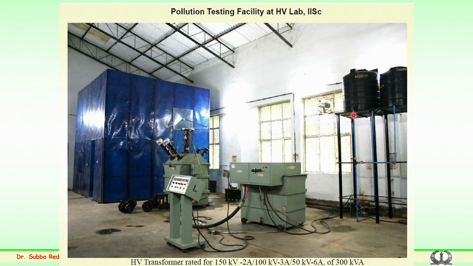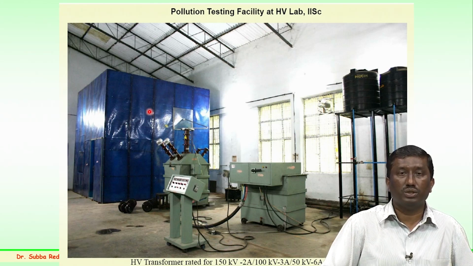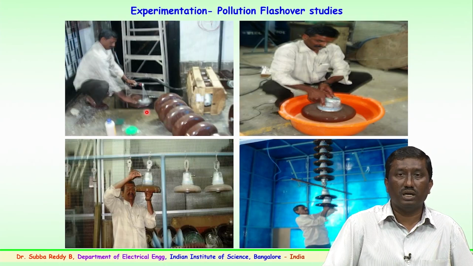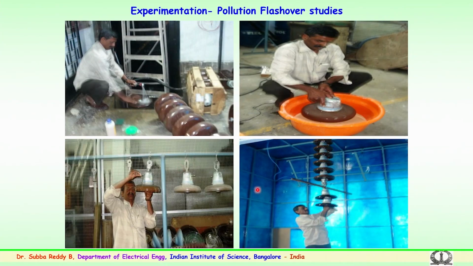A laboratory has been established keeping this in view, with a 150 kV, 300 kVA source with a 5 meter cube pollution or contamination facility where insulator strings could be erected inside the chamber. From the bushing of the transformer, a special high voltage lead is taken inside the chamber consisting of the fog nozzles, and the pollution facility consists of a 5 meter cube chamber where the experimentation is carried out for various types of discs. The procedure as per international standard is being employed for the ceramic insulator disc, and the pollution or contamination coating is normally carried out, with verification of the insulator flashover performance for a normal string, and also the strings with the field reduction